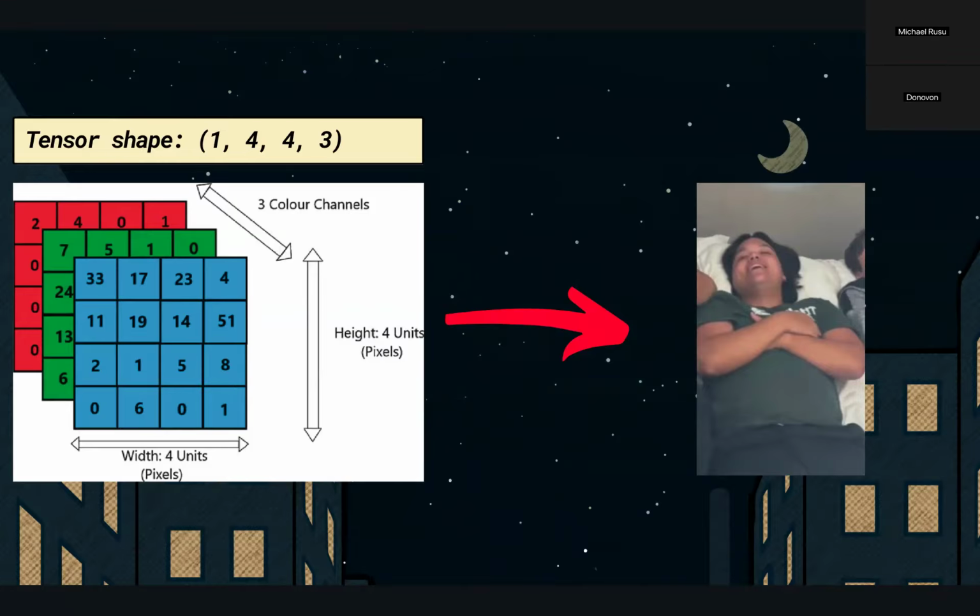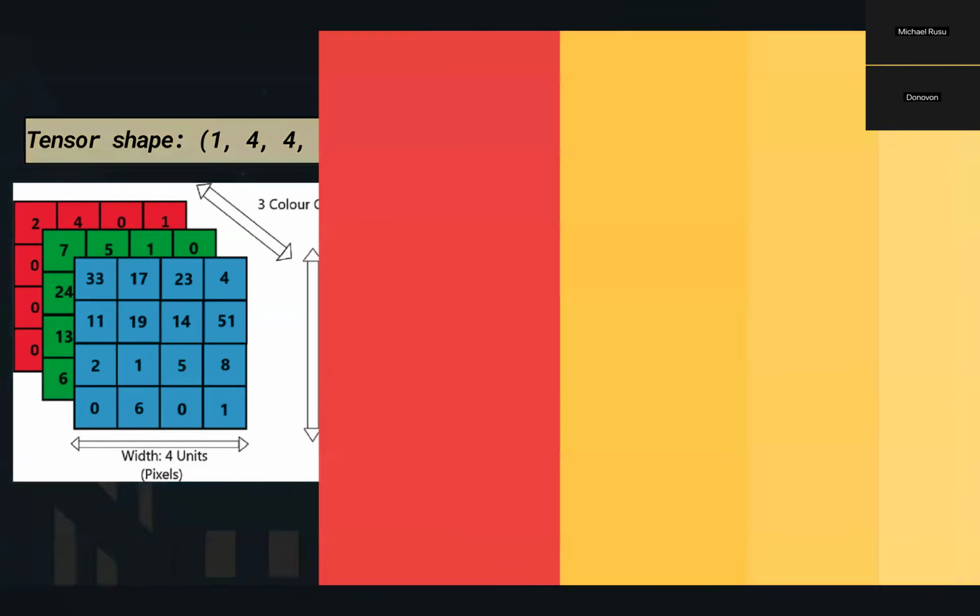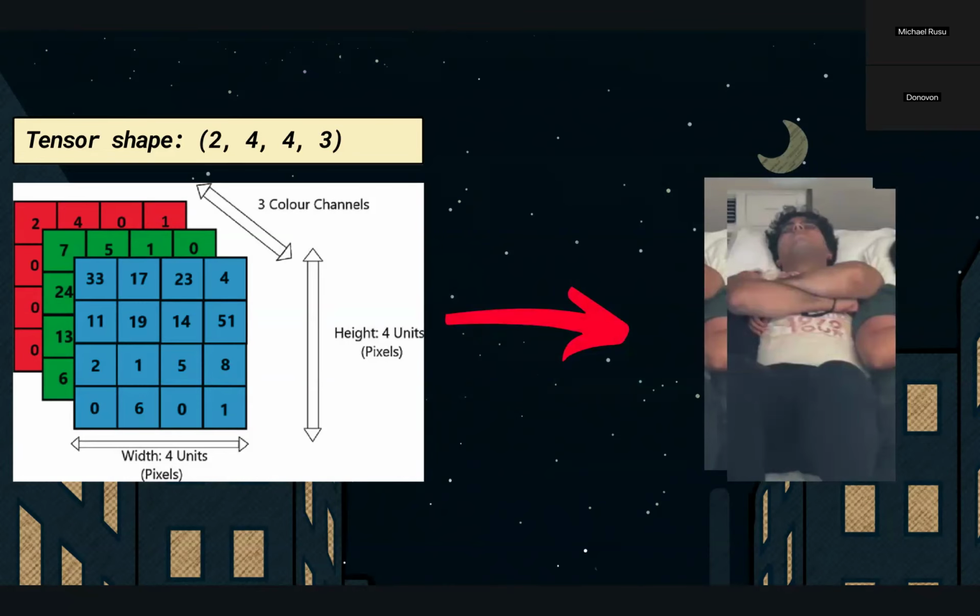But what if I stack another image on top? Let's say I have our beautiful Adrian on top of him, right? So notice that the tensor changed to a 2. Why? Because we have 2 images stacked on top of each other, and you can do a bunch of calculations with it. It's pretty cool. We'll go into detail working with images in our intro to deep learning, which is our second workshop we'll be hosting when I get that done. So pretty much, tensors could be used to represent images, just any data, any columns or anything like that.